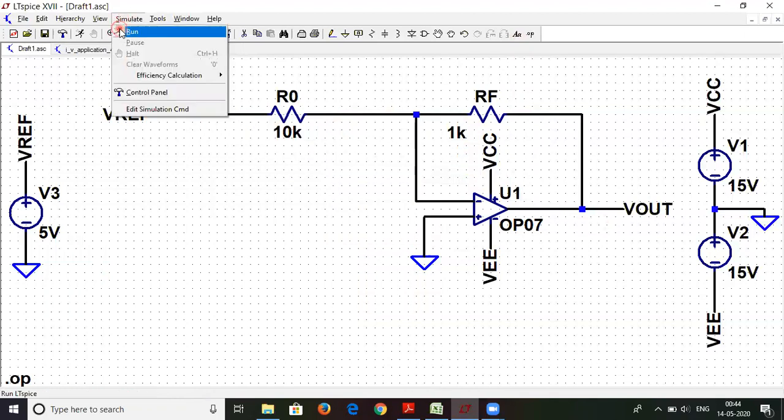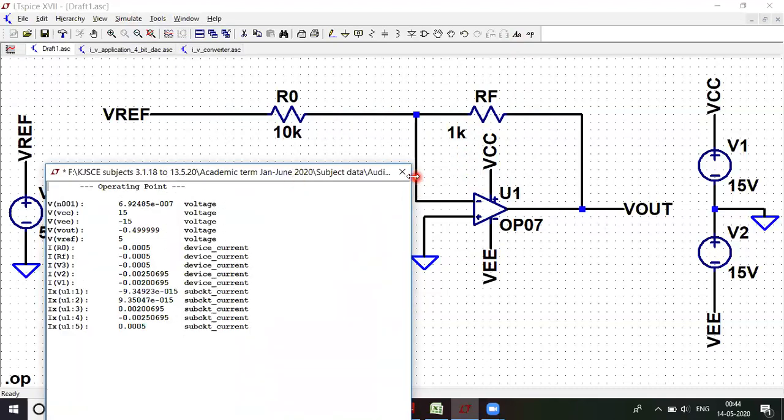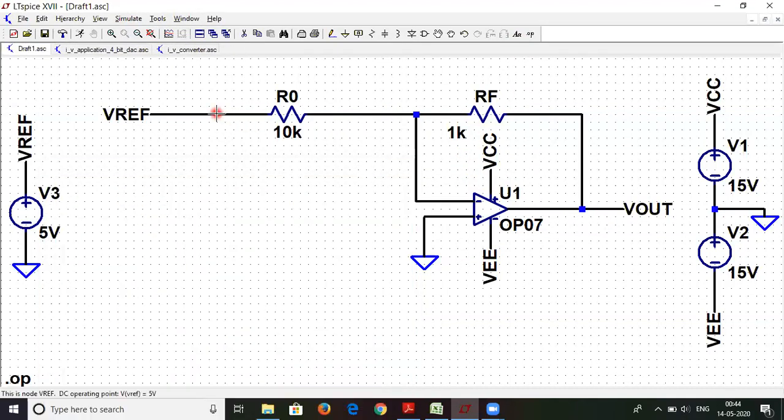So when I run it, it is giving me these values. Okay, so what is happening is we are using a little older model. So we have to right click over here and place .op data label. So this will give me the value over here, 5 volts.